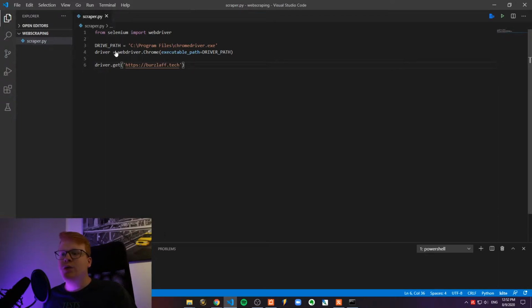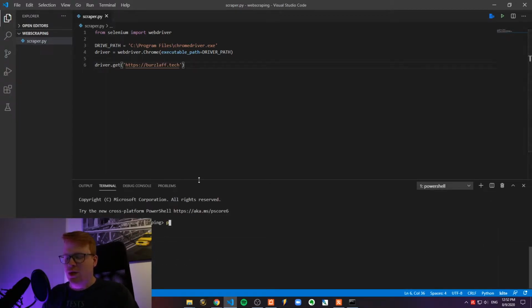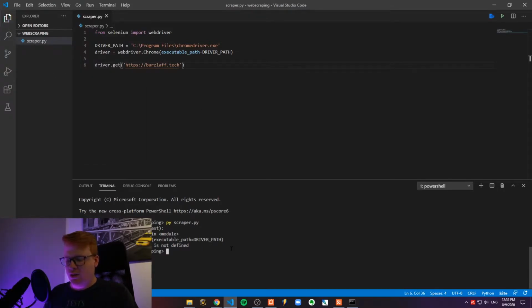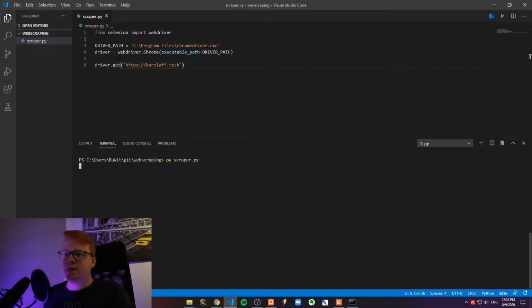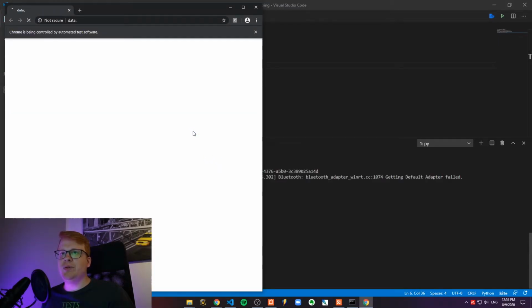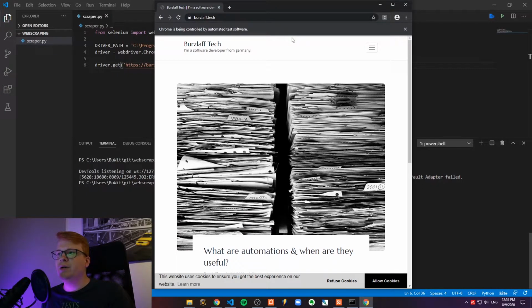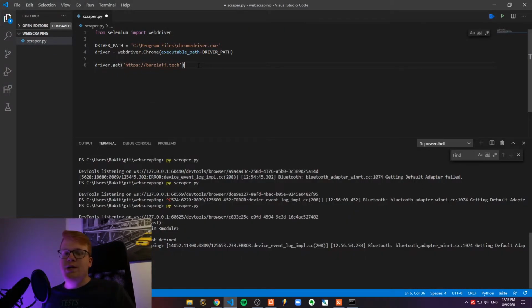So let's check it. We open a new terminal and we type py scraper.py and we get an error. Oh, I misspelled the driver here. So we call it again, and now what should happen exactly? We open a browser tab here and we get the URL for our blog. So that's already working. Okay, since it's working to open a browser tab, you can also close the driver again,